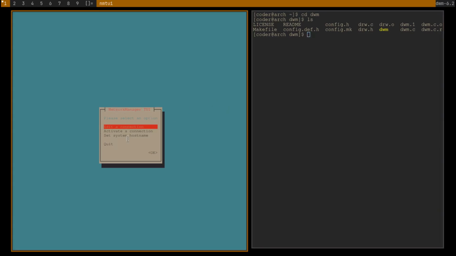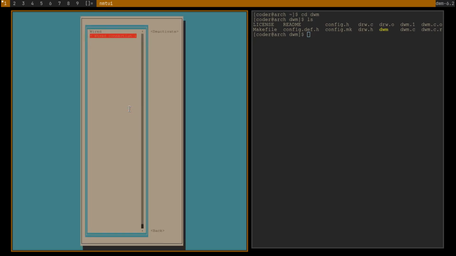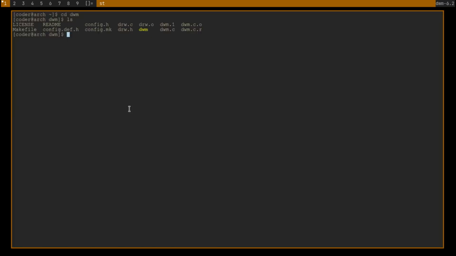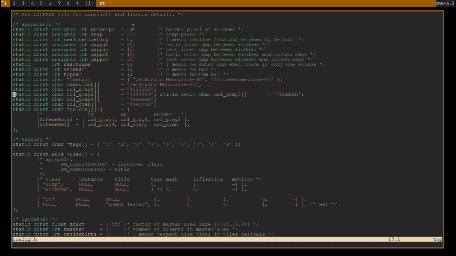I'll show you in the next video how to change them. This will open the network manager TUI application, which will help you connect to Wi-Fi networks. I'm on a VM, so I won't see anything, because it is directly connected to my Wi-Fi network, so it is identified as Ethernet. That's basically it.